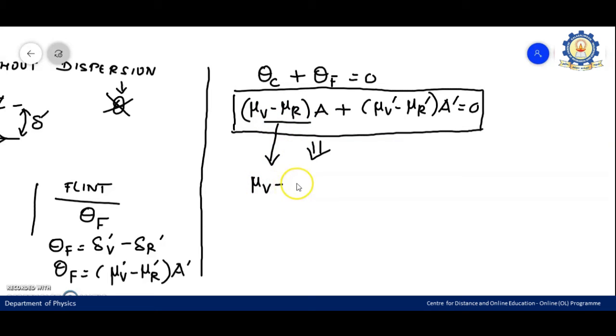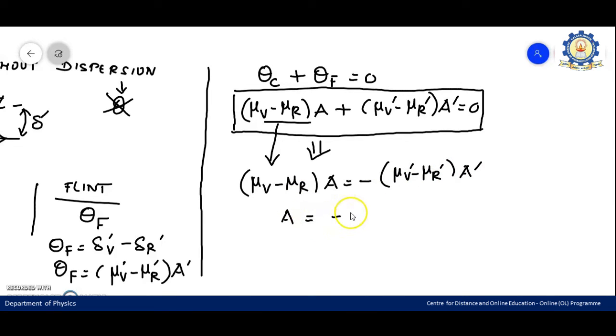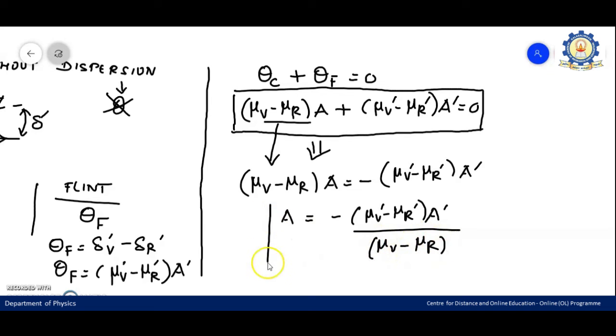So I get (mu b minus mu r) into A is equal to, when it goes to the right hand side, this becomes, carries a negative sign. So (mu b prime minus mu r prime) into A prime. Let me keep the angle of the prism alone on the left hand side. I get minus of (mu v prime minus mu r prime) into A prime divided by (mu v minus mu r) in the denominator. So this is the expression connecting the angle of the prism of both the crown as well